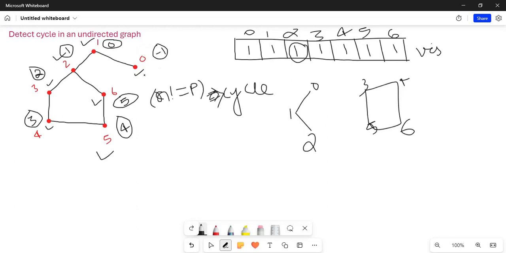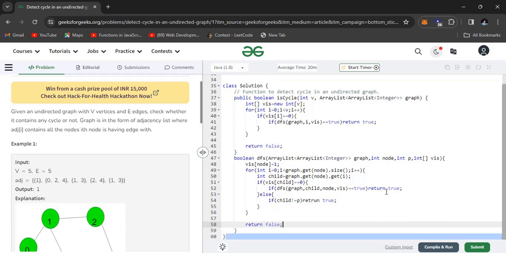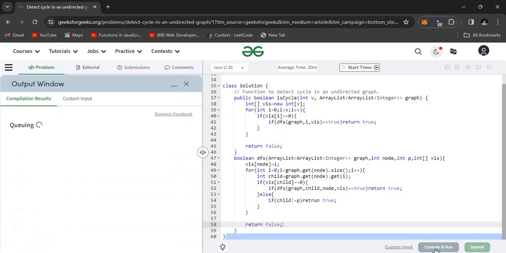That means zero has no cycle, and zero called for one, and one already returned that it has no cycle. That means if you are unable to find a cycle from the child and the node itself, then there is no cycle present in the graph. Okay, if you are unable to find a cycle, then simply return false. That means no cycle. I think this code should run.